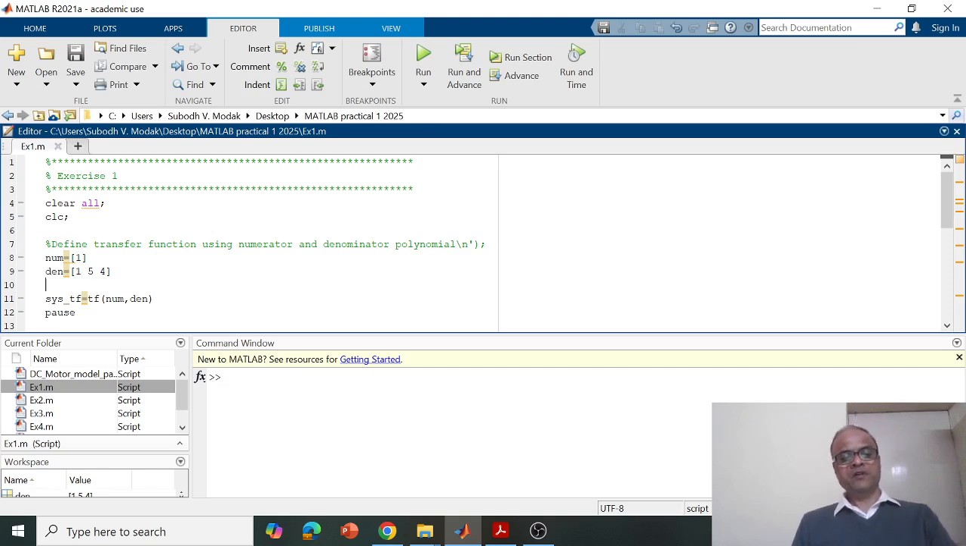Then we use the command transfer function. TF is the MATLAB command to define the transfer function. And the numerator and denominator polynomial coefficients are the input to this command. And systf is the user chosen name of the transfer function. Here I have chosen systf. So if you now run this program,